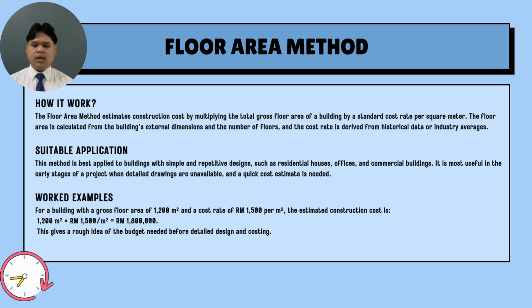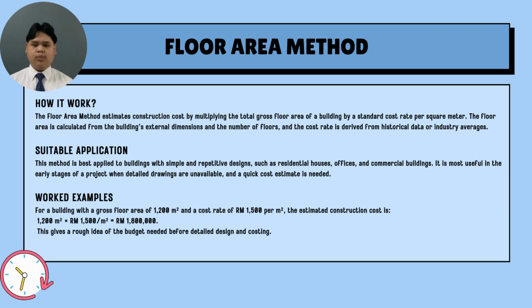This method is best applied to buildings with simple and repetitive design, such as residential houses, offices, and commercial buildings. It is most useful in the early stage of a project when detailed drawings are not available and a quick cost estimate is needed. For a building with a gross floor area of 1,200 meters square and a cost rate of 1,500 ringgit per meter square, the estimated construction cost is 1,200 meters square times 1,500 ringgit per meter square equal